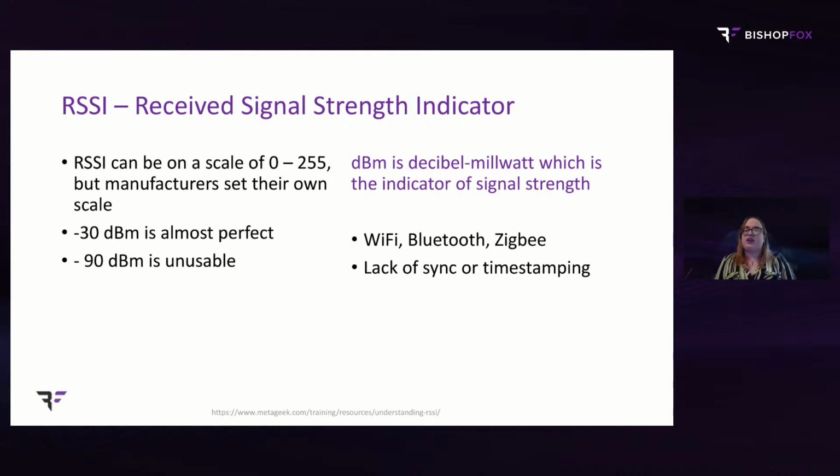So a measure of this is called RSSI, or Received Signal Strength Indicator, and it uses the decibel to determine how far away an item is. So your phone is actually able to see much more Wi-Fi than it presents to you in your settings. It removes some of these because it might be closer to 90 decibels or something completely unusable, where 30 decibels, that signal strength is very high and is optimal for connection. So you'll see that in your settings.